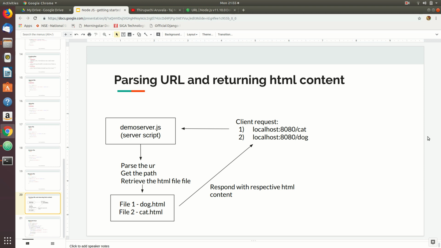So in this video tutorial we'll discuss how to parse the URL and then return the respective HTML content. Let's say that we have a small server script that's running on the server. We call that demo server.js, and then the client makes requests to that server